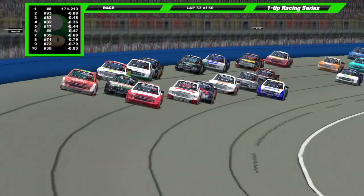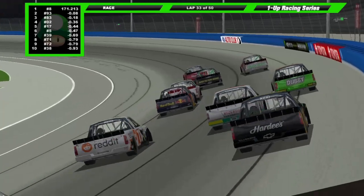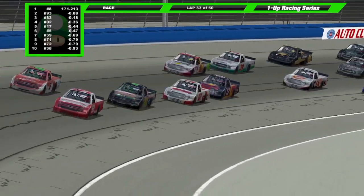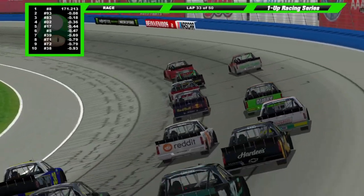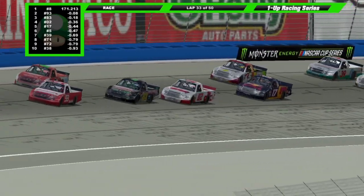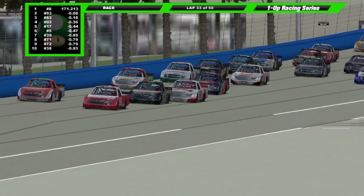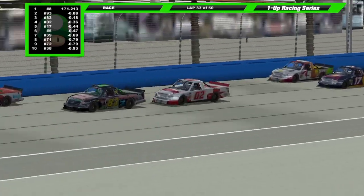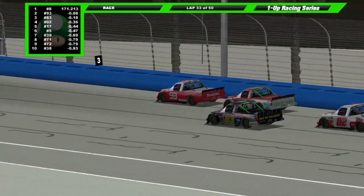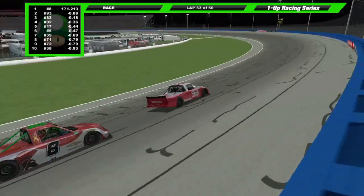As Shearer, with help from Rogers, gets a push by Mac Johnson, and Sate now making a move on Terzic for the lead down into 1. Basically, what you have at the front here, 3 Chevrolets versus 3 Toyotas in this top 6. So it's basically a Chevy versus Toyota showdown, it seems like, here. And the lead four right behind them, Cam Stevenson in 7th. So this is going to be a very interesting battle as now the teammates go side by side, Terzic and Whalen. All this is letting Dalton...